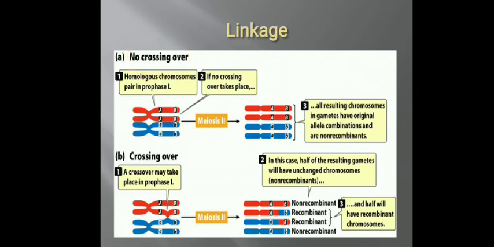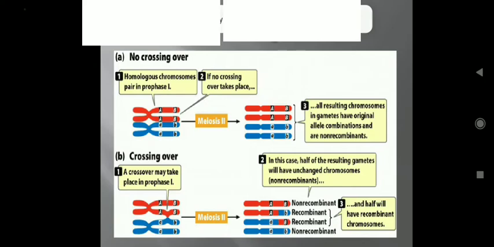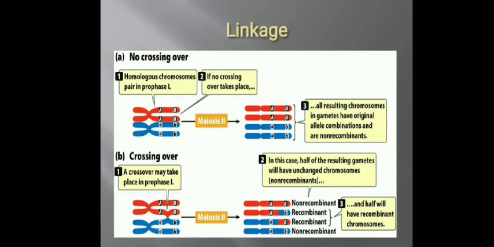Now consider these two genes, on the same sister chromatids, but consider these two genes A and B are located very close to each other, so that there is no crossing over between them, or the chances of crossing over are very less, and there has been no crossing over. So when no crossing over takes place, what you see here is that you get only parental combination, you get no recombinants. So when there are no recombinants, what will happen? You get only parental combination.